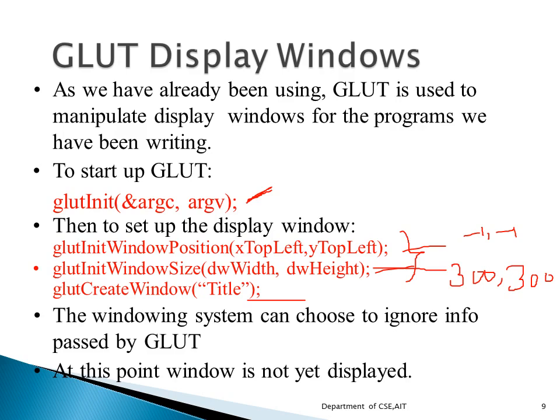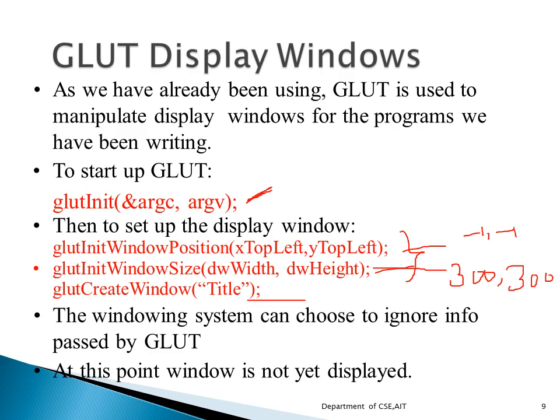So we have screen and window here. Where the display window has to come, where its position should be, is given by the top left with respect to x and the top left with respect to y. The second function is glutInitWindowSize. Here we are going to choose a width and the height for the display window in positive integer pixel dimensions. I am going to specify the width and the